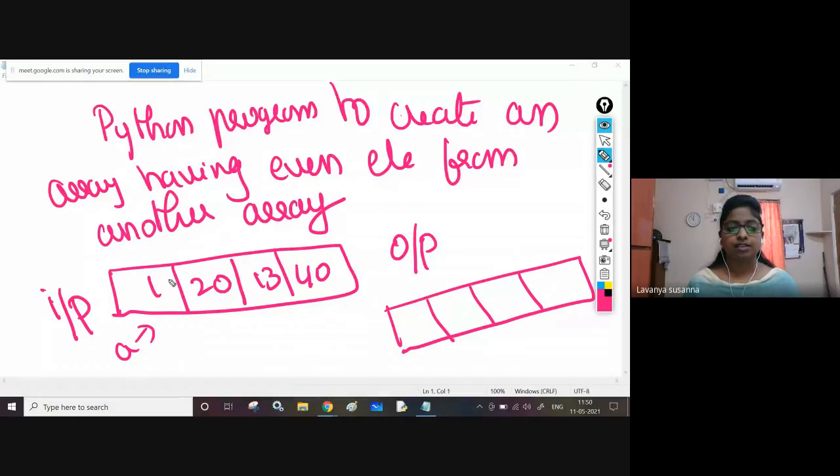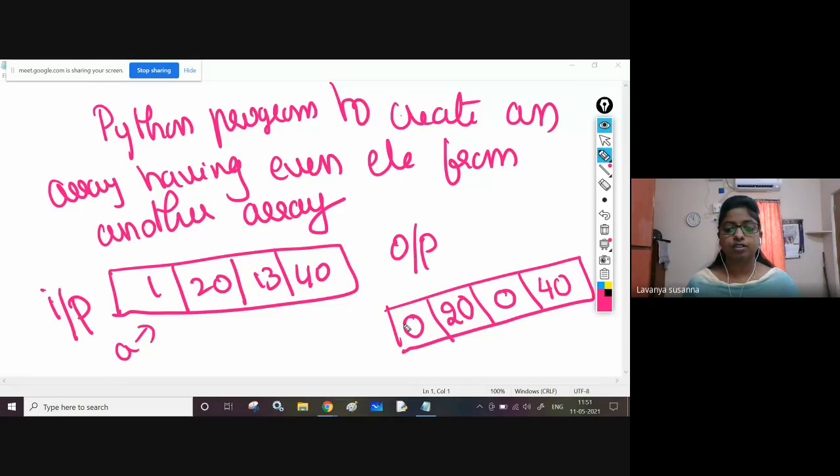See, 1 is not an even number, so in that position, put 0. 20 is an even number, so you need to copy 20. 13 is not an even number, so you put 0 in that position. Next, 40 is an even number, so copy that 40 into its position. This is the output you need to get.